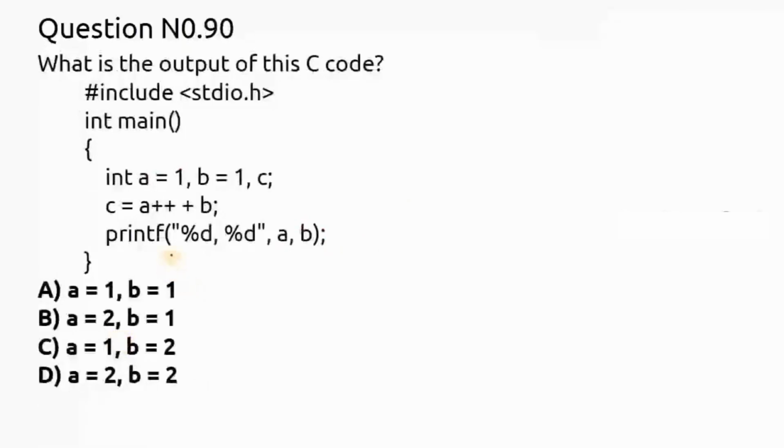So here, what is the output of this C code? Int, it is given a equals 1, b also is 1. What about c? No value is given. Now a plus plus plus b here. So how will it consider the values? So initially,